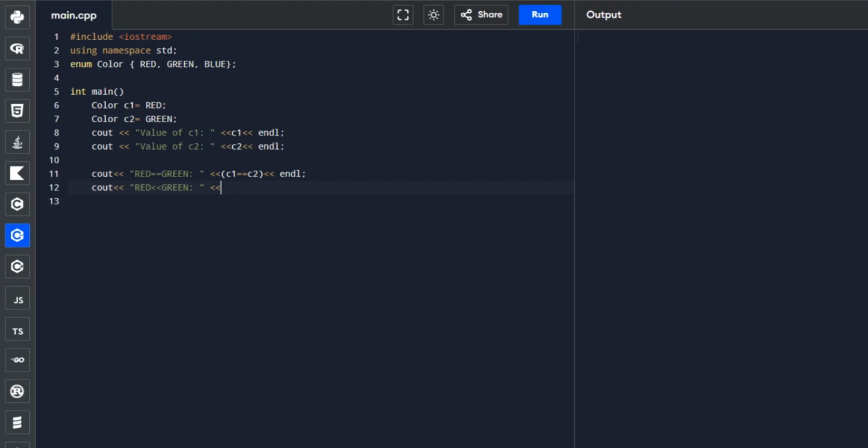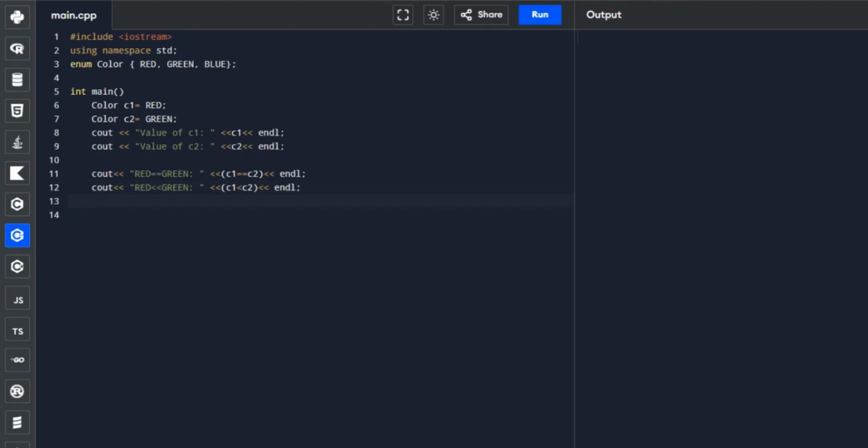In this part, we are having our relational comparison, wherein we compare the value of C1 if it is less than C2. Then we're going to end with a semicolon.